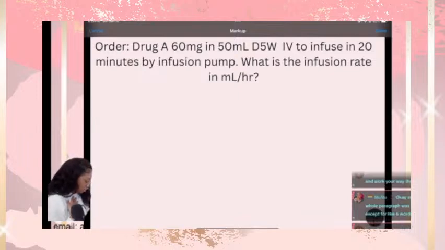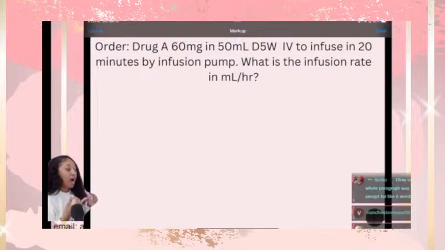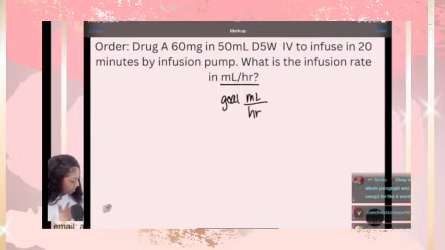Alrighty. So we need volume over time. That is exactly what we are looking for when we do IVs by pumps or IVs by gravity. By gravity, it's going to be drops per minute. By pump, it's going to be milliliters per hour. So this is asking us flat out milliliters per hour. So our goal is mL per hour. If we are looking for milliliters